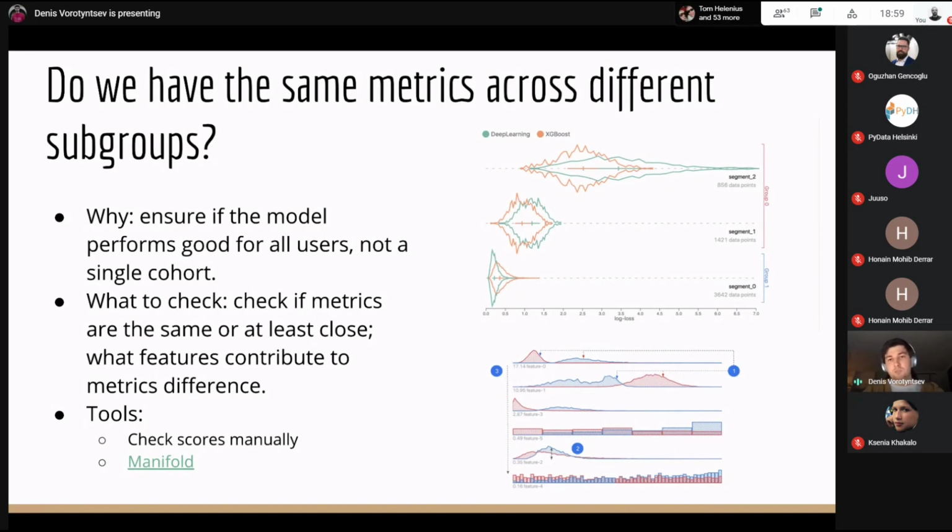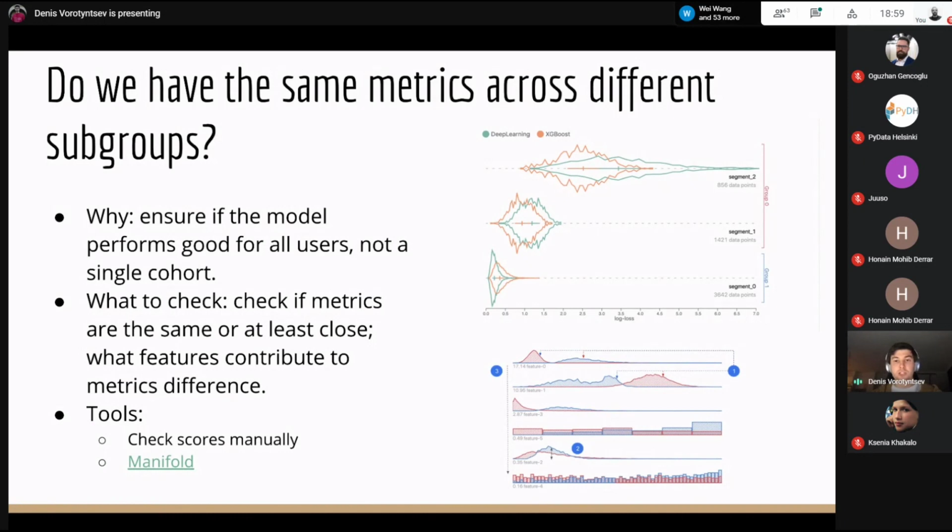So on the right part of the screen, in the upper image, you see three clusters, three segments. The x-axis is log loss, and we see that for segment number 0, the log loss is low, which means that for this subgroup of users, the model performs extremely well.